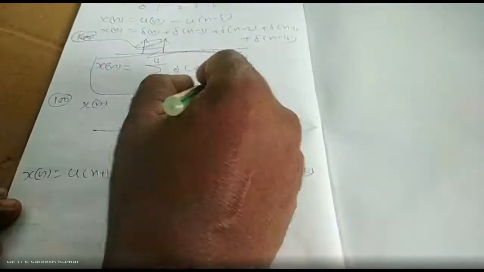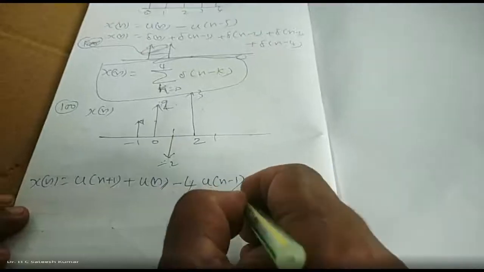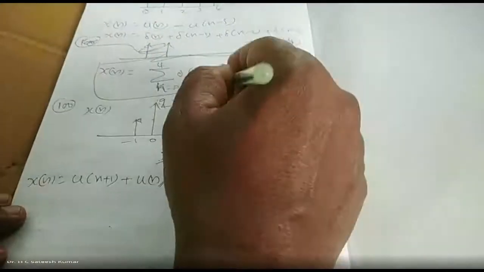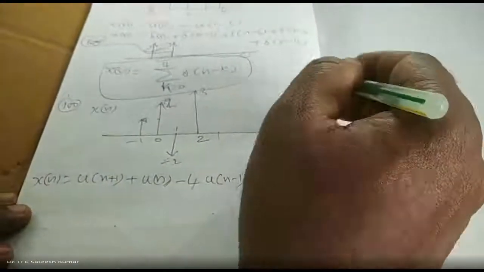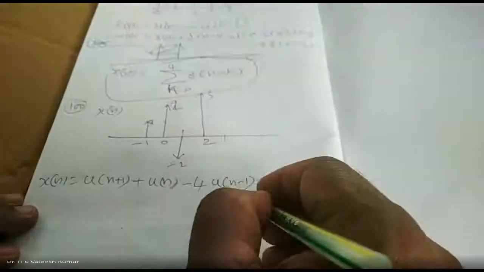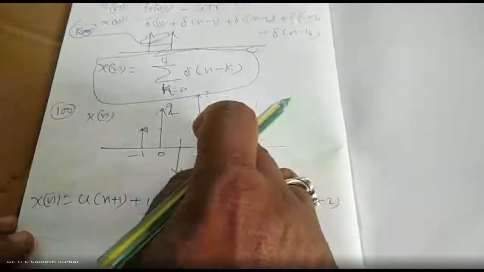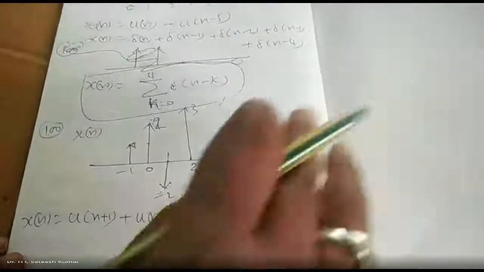Now it is going like this with the same amplitude, but I want 0 from 3 onwards. So you'll have to cut that one. Otherwise, you will get the step function elements like this. Therefore, what should you do? You'll have to make it 0, so minus u of n minus 3. So this element onwards gets cancelled.